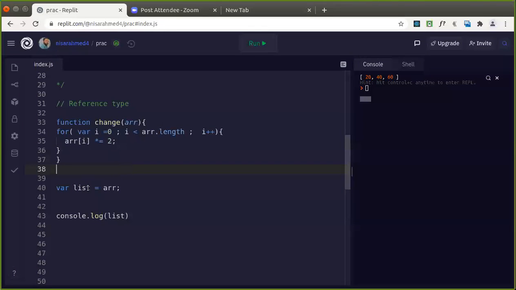Good. So in this function, you can see how we can send the array as a parameter, 1, 2, 3. Now when you're calling the function change of list and displaying it, you can see you're getting the values as 2, 4, 6. I did not return the value also, guys. Why? Because it's of type reference type. When you send the array, it is by default automatically of type reference.